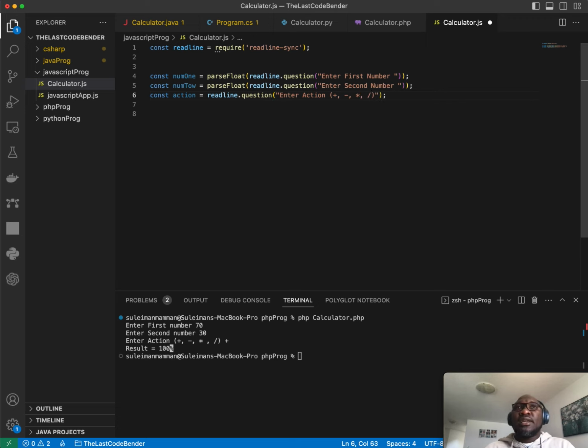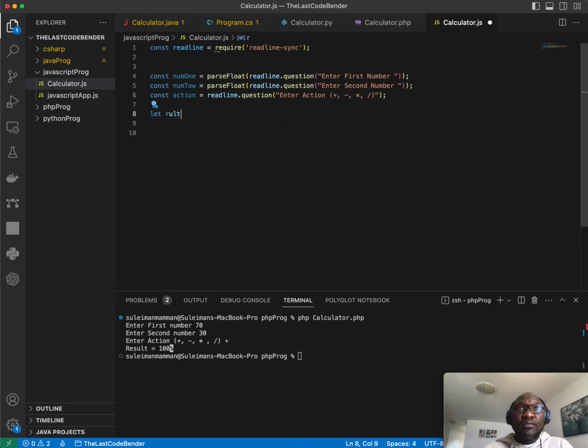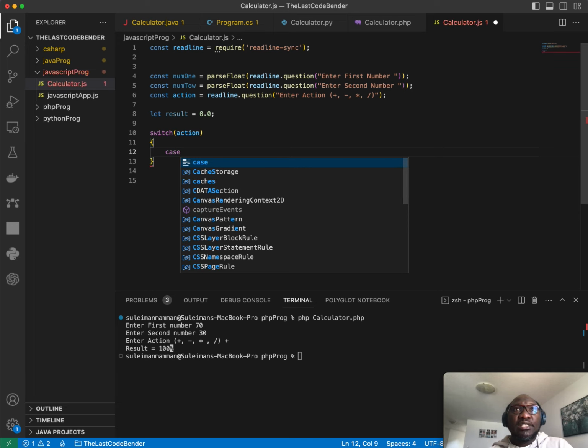And then the next thing that we want to do is let result is equal to 0.01 initial value. And then after that, we want to use a switch statement, just the way we did for the rest, to switch the action. And to do that, we do switch action, right? Switch action,